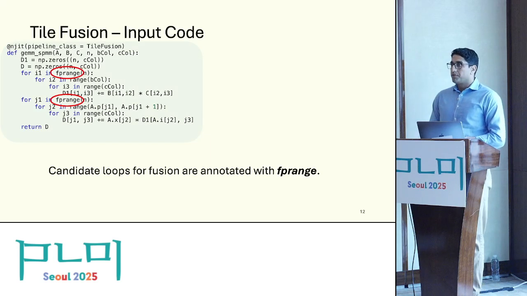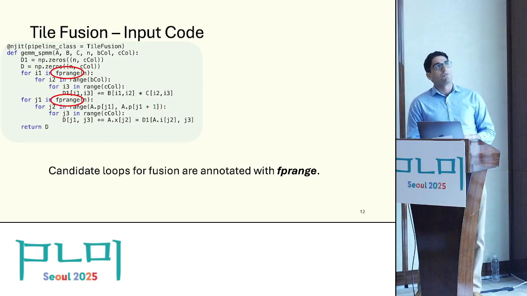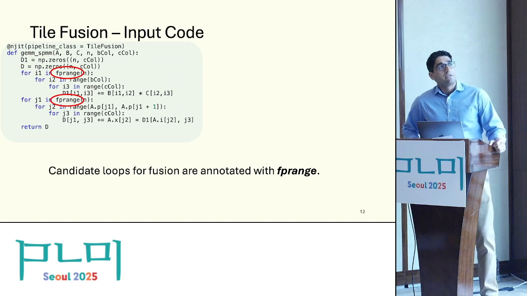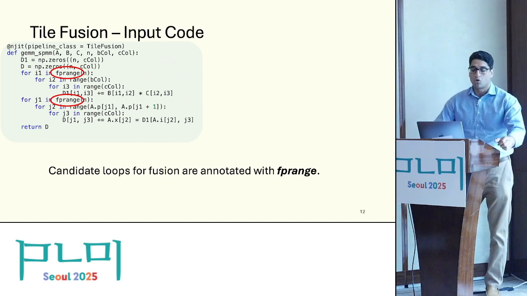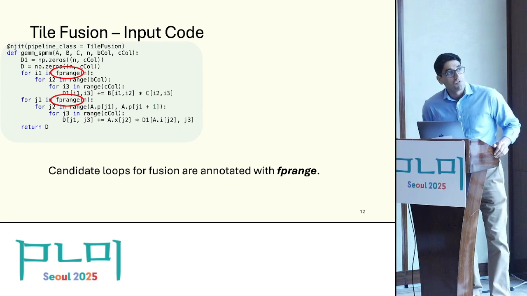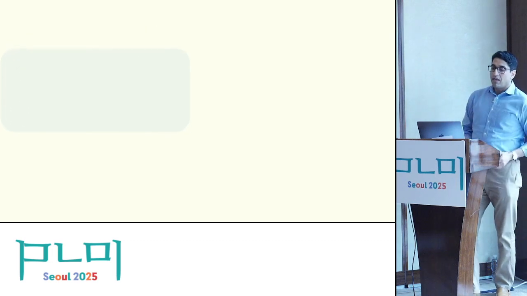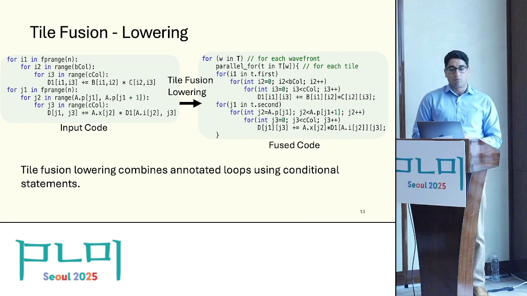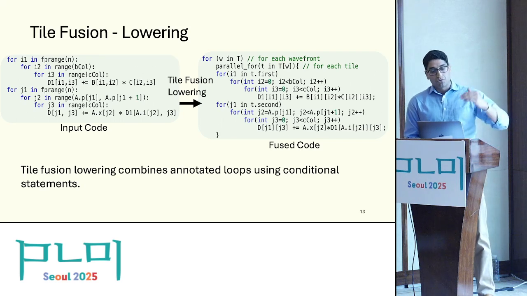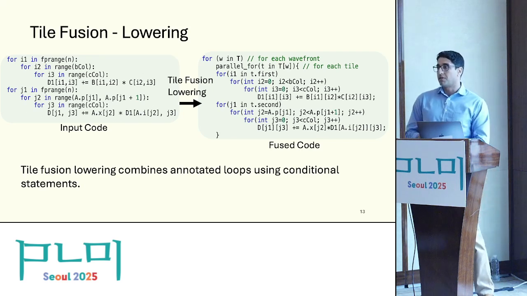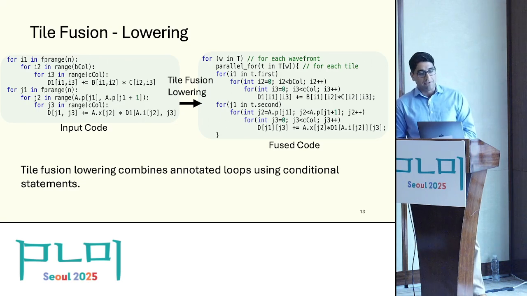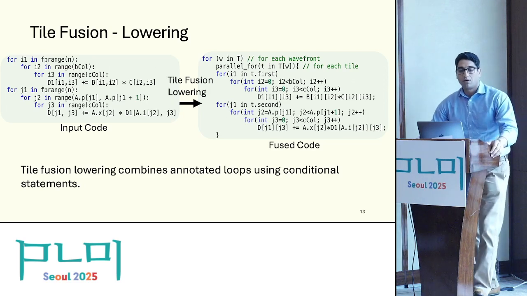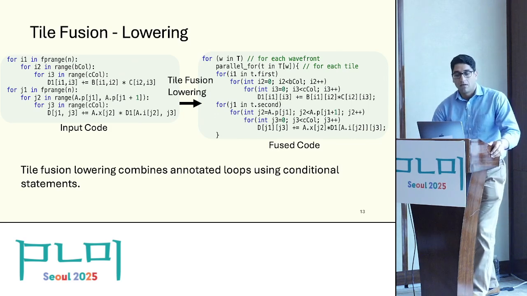The tile fusion prototype is implemented in Python using Numba. We implemented it as a compiler pass, where the input is 2 annotated loops with prange, as shown here. These 2 loops are GeMM and SpMM. Once we parse the input and create the SSA form, we merge these 2 codes using a transformation template, which I call tile fusion lowering, where we put these 2 multiplications back to back with